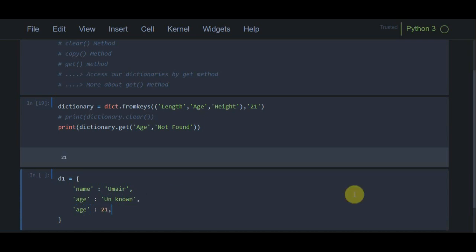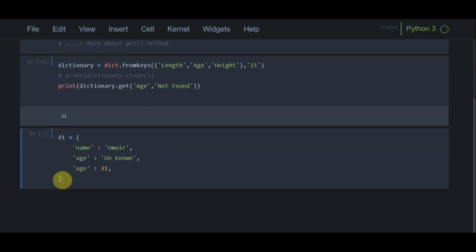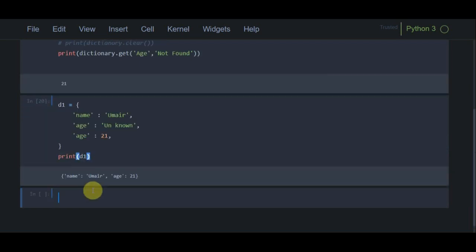If I print D1, as you can see, when I run this program, the value of the previous key will be overridden by the new one. You can see that there are two keys with the same name but different values of age, and the previous one is removed by the new one.